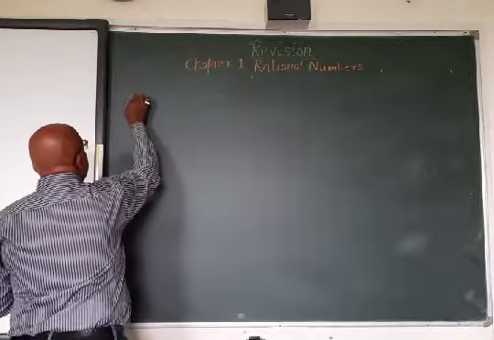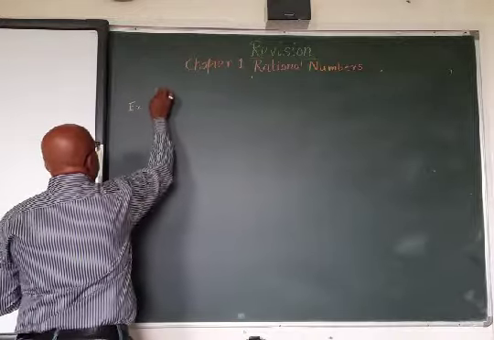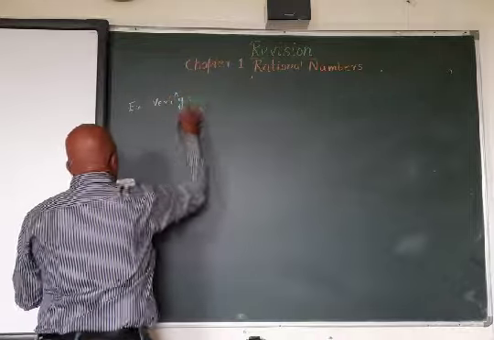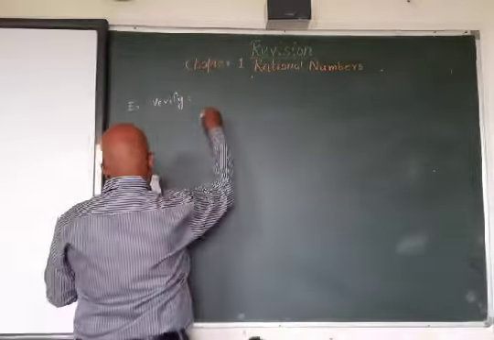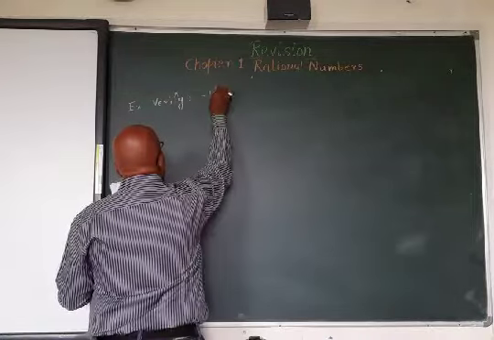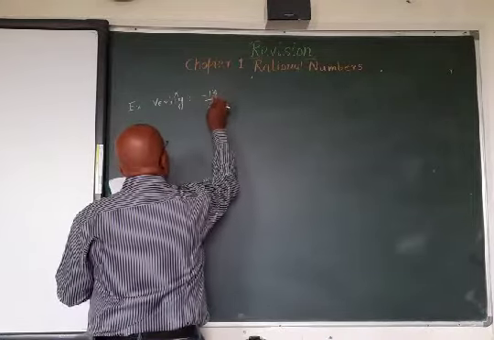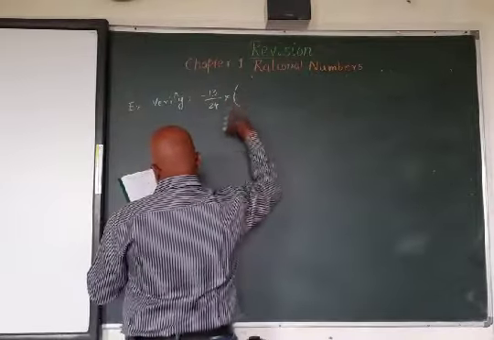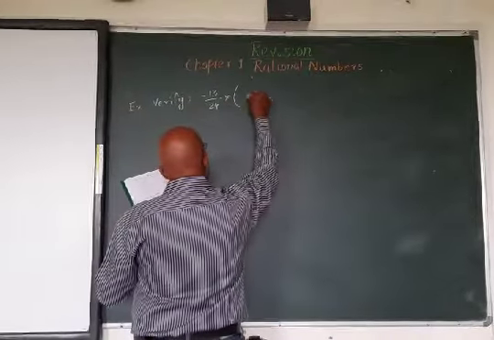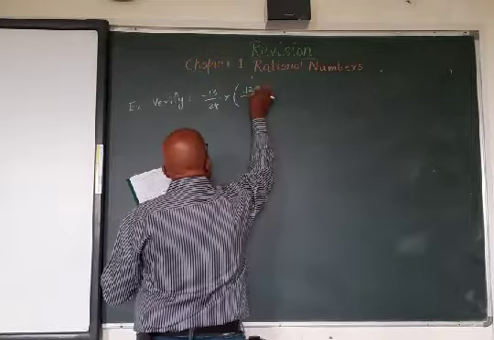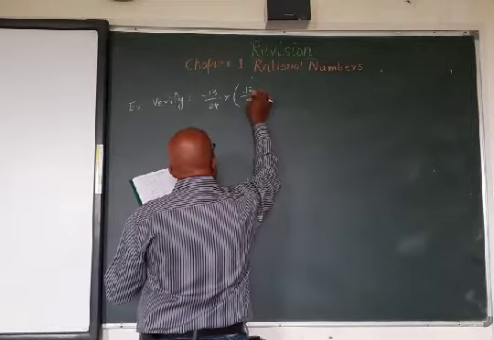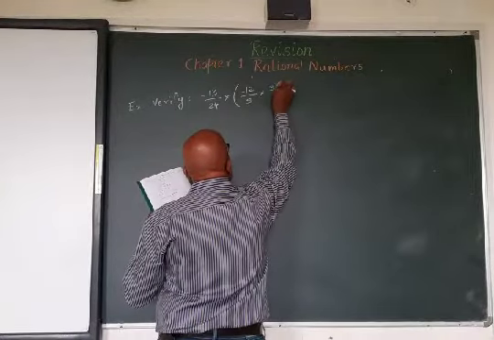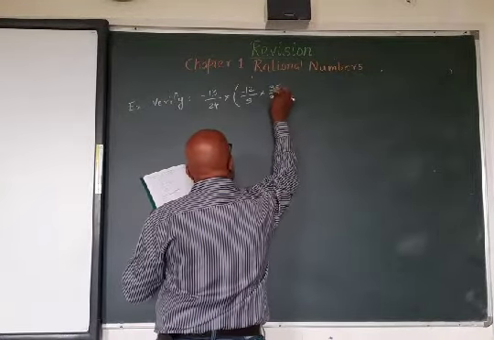The example is: verify that minus 13 upon 24 multiplied by, in bracket, minus 12 upon 5 multiplied by 35 upon 36